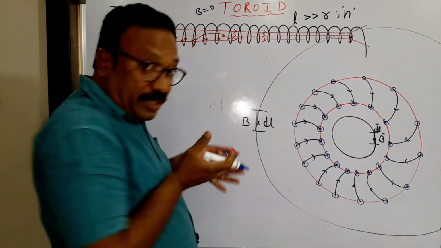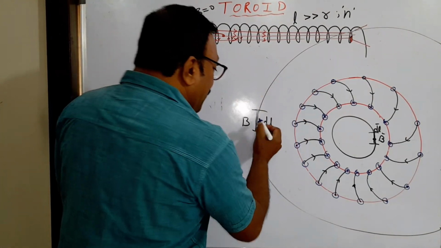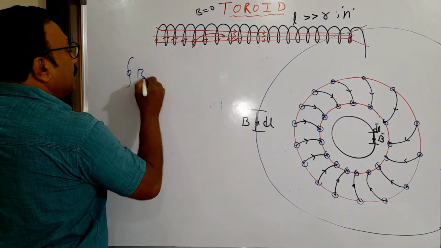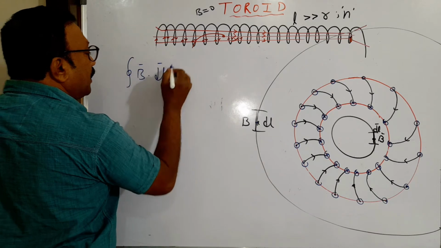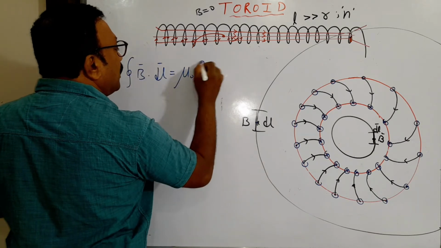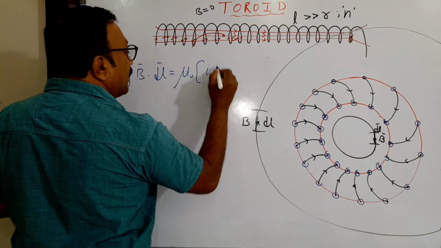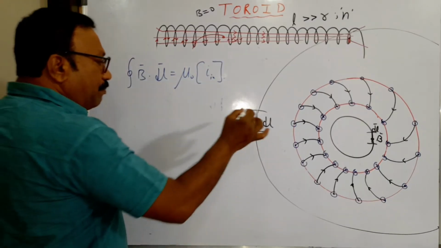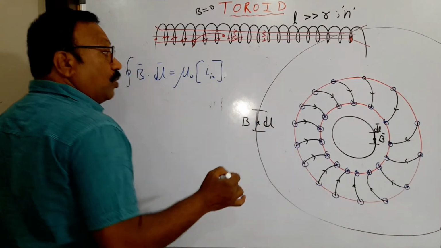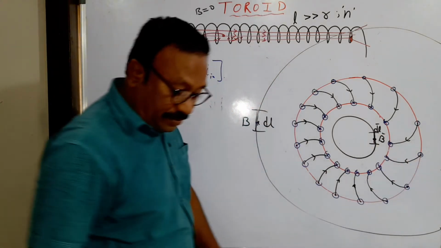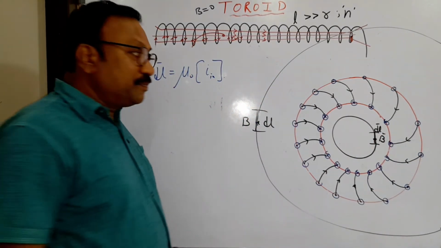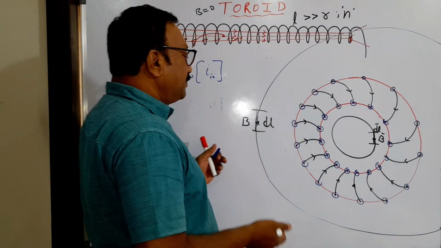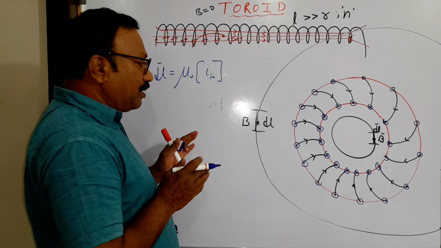Currents. I want to apply Ampere's circuital law, that's why. So here I want to find the magnetic field. So the integral of B dot dl is mu naught times the current inside. There are so many currents inside, you see. So how to take this now? The current inside is very simple to write.